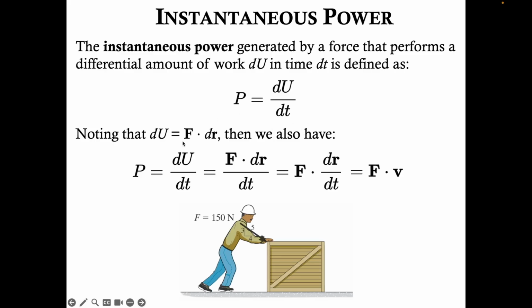Noting that dU equals vector F dot vector dr, as we learned earlier in chapter 14, then we also have the following, where the scalar P equals dU over dt, that equals vector F dot vector dr over dt, that equals vector F dot dr by dt, and that equals vector F dot v, where v is the velocity, dr